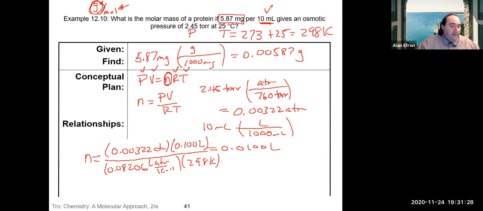Everything's going to cancel out except for moles. I think I missed a zero there, it's 0.01. So that times 0.01 divided by 0.08206 and divided by 298, going to get us,